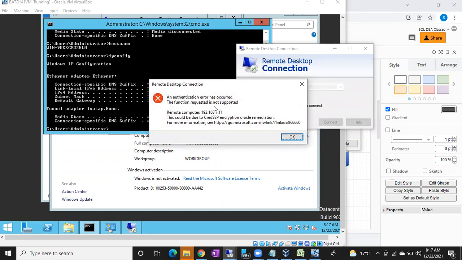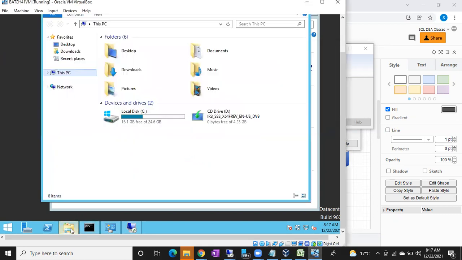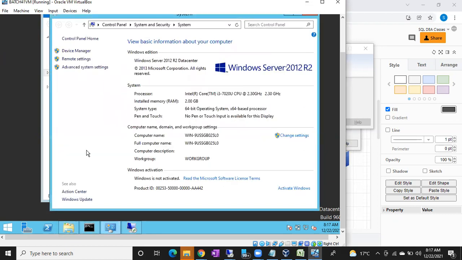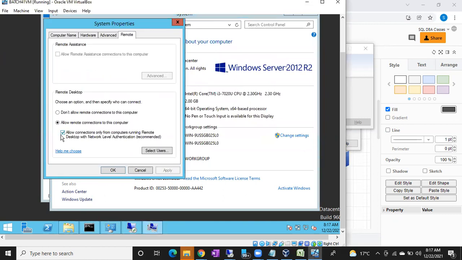As expected, we get this error, guys. I deliberately generated this error to show you that people will get it. What do I have to do now? Can anyone tell me how to troubleshoot this error? Simply, if you remember, here in the machine, go to the properties again. I asked you to remember one setting, right? Remote settings. Uncheck this option.